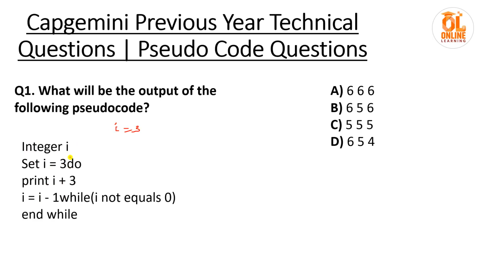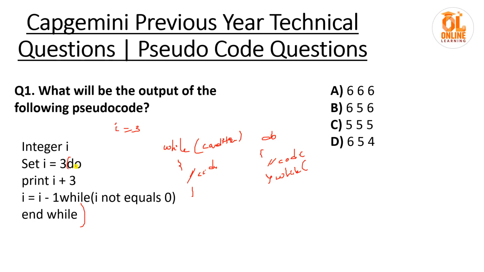Do, okay, this is a do while loop from here to here. The basic difference between while and do while is that in the while loop, only after satisfying the condition will the inside code or statements be executed. Whereas for the do while, the statements inside the do while will be executed first, then the condition will be checked. So at least once in the do while the inside code will be executed, but for the while, at the first stage itself the condition needs to be satisfied.